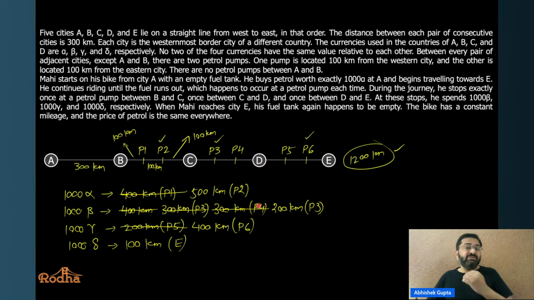अब if I ask you to compare the currencies, can we say that this currency alpha would be 5 by 2 times of the value of this currency? यही है ना. यहाँ पर आपको just look at this. The distance you traveled in this is 2.5 times of the distance you traveled in this. इसका मतलब क्या है? ये currency ज़्यादा valuable है, and you've got the ratio then. So we can say that